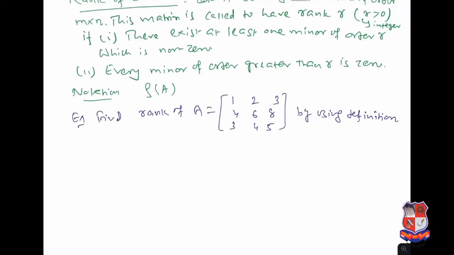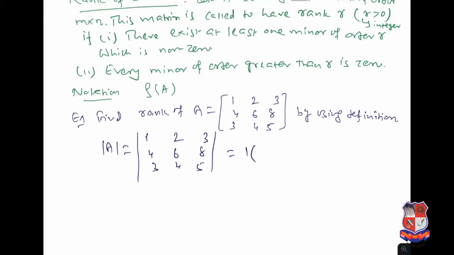Now the rank may be 3 or less than 3. If it is 3, then this determinant of order 3 must be non-zero. So let us first find the determinant of A. We know how to find the determinant: 1 times (6 times 5 minus 4 times 8)